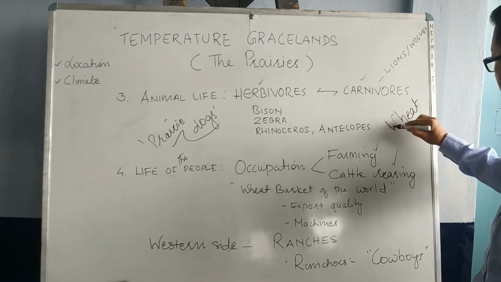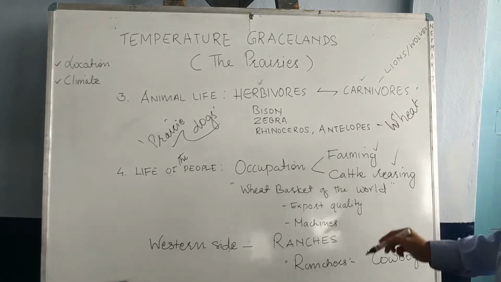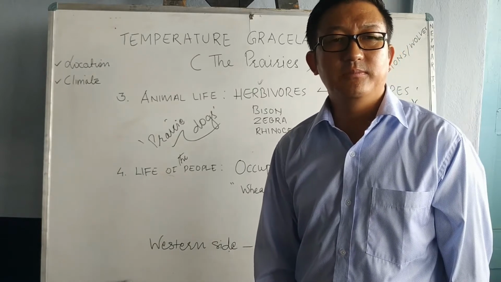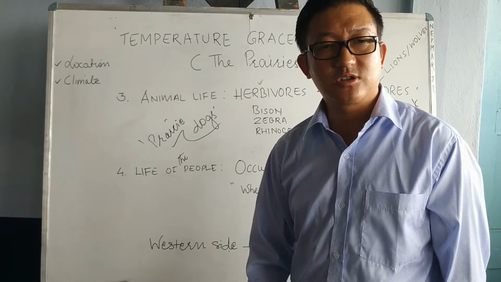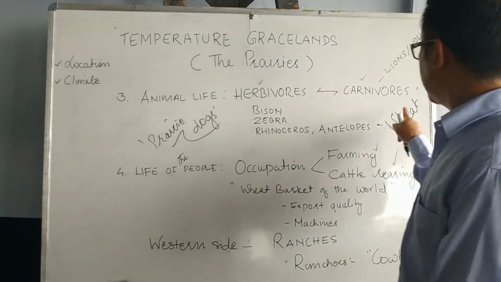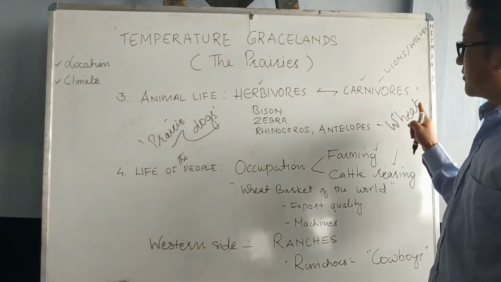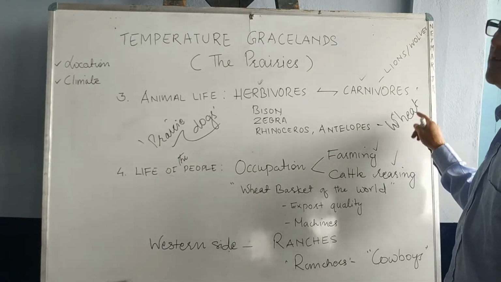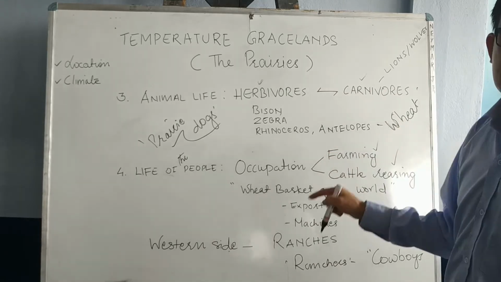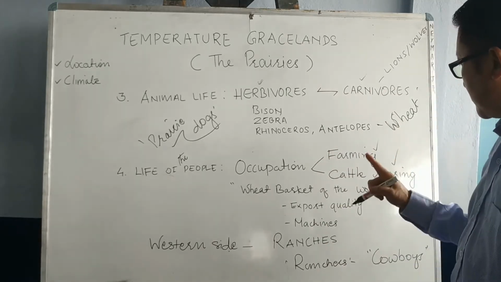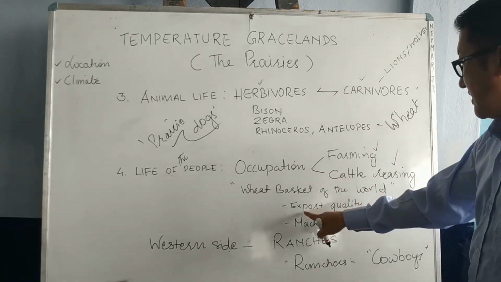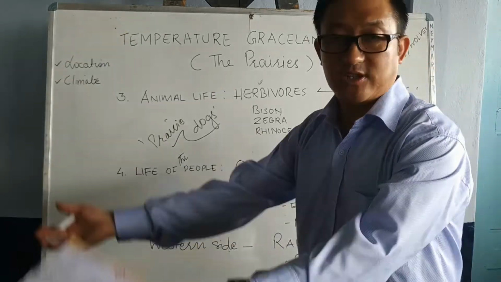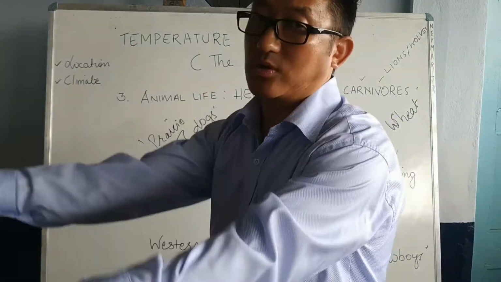W-H-E-A-T, wheat. Wheat, okay? In Nepali we call it gaun, right? Evening we make a chapati and we eat, no? So this chapati, that flour is made out of this wheat, okay? Wheat. So the famous farming that they do is of wheat. They do wheat plantation, plenty. So therefore, another word I have written here, export. Export means to send outside of the country. Okay, export, to send out.